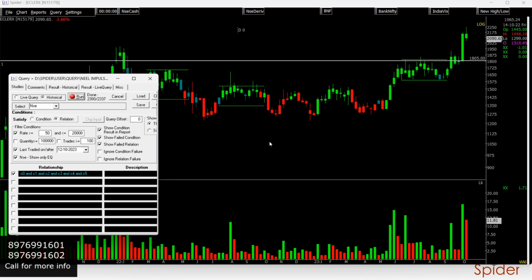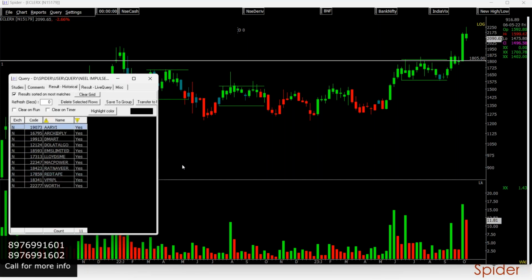So the implication of this spider impulse system is very simple. Out of more than 2000 whole NSE group, I have got only 11 scripts, which are the scripts in the early stage of momentum. Like